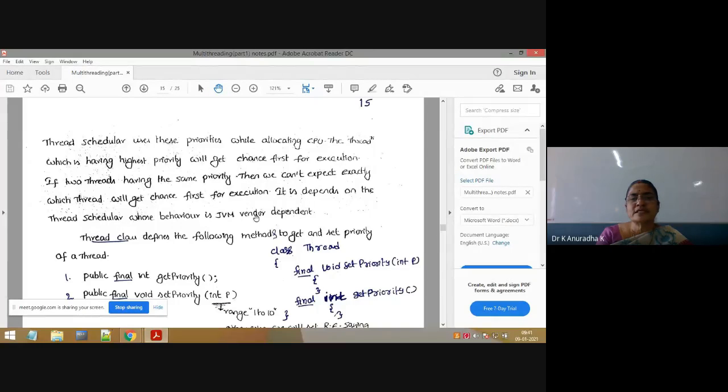Whose behavior is JVM vendor dependent. When two or more threads have the same priority, then nobody knows which thread is given the CPU by the thread scheduler. It depends on the thread scheduler, whose behavior is vendor dependent. And one more concept is, if one thread has the highest priority among all the threads, definitely that thread is given the CPU first by the thread scheduler. That is the concept of